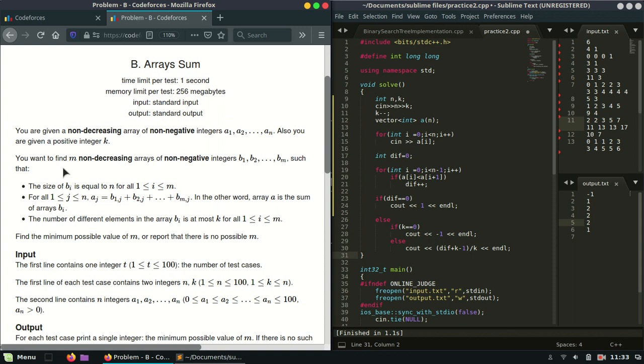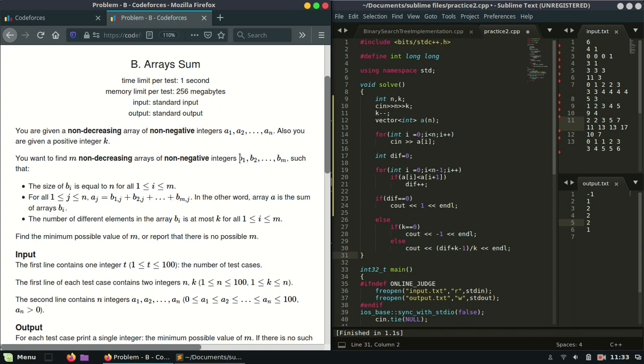You need to find m non-decreasing arrays of non-negative integers. We need to find m arrays of non-negative integers and a sorted array.